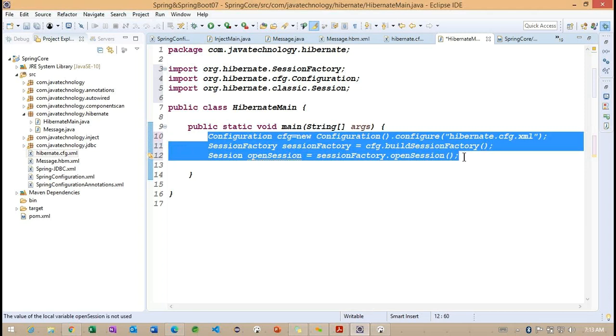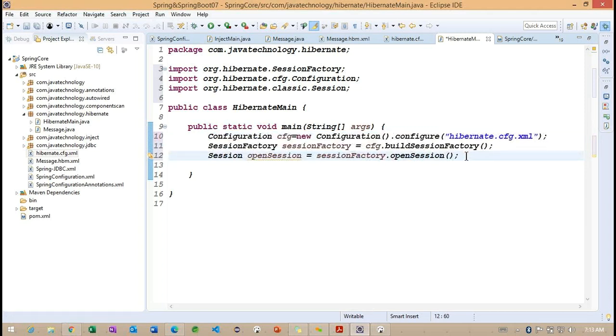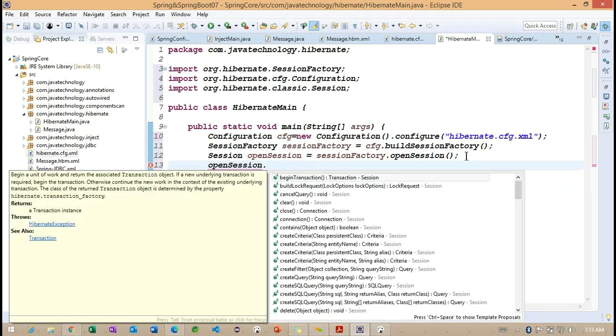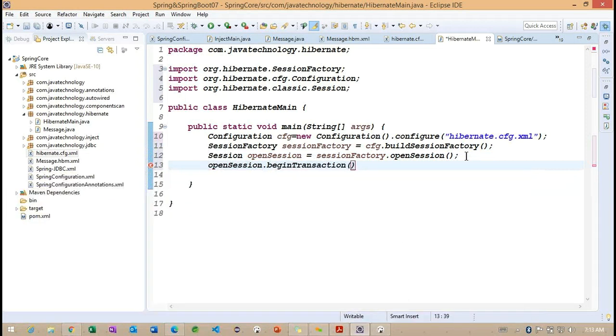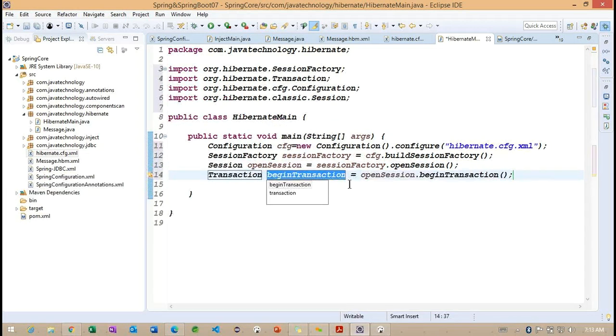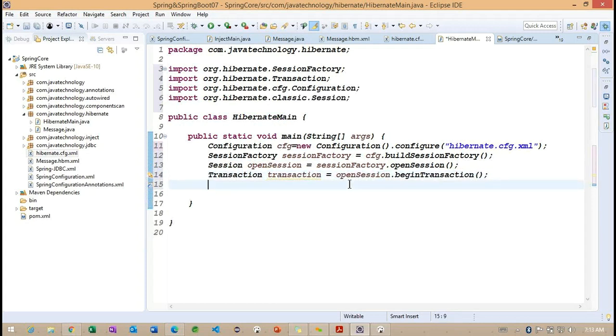So we'll discuss more information on these particular interfaces and classes later. And observe here, we are going to work with the begin transaction. Cutting the point. After creating this particular transaction, what are we going to do? We'll try to create an object of our message class, because we need to provide the message information.